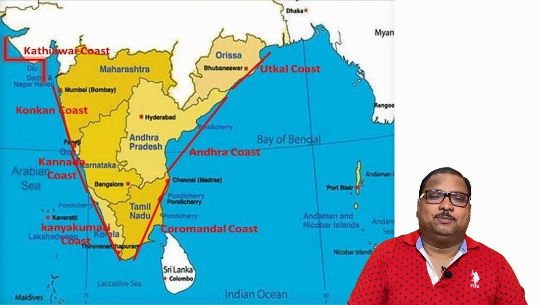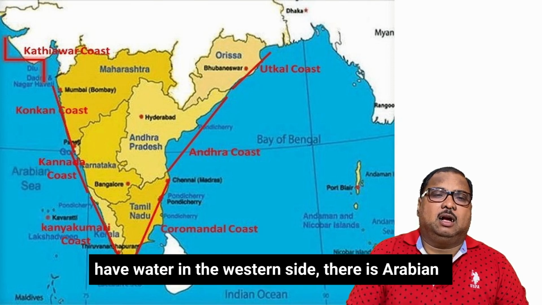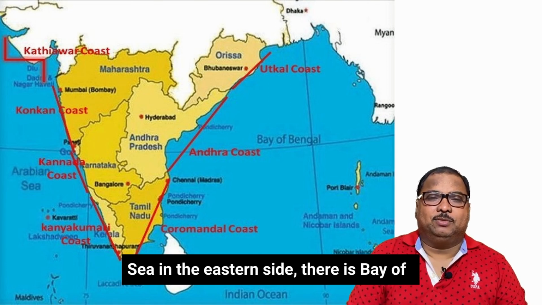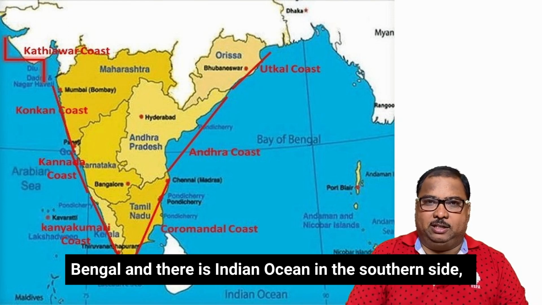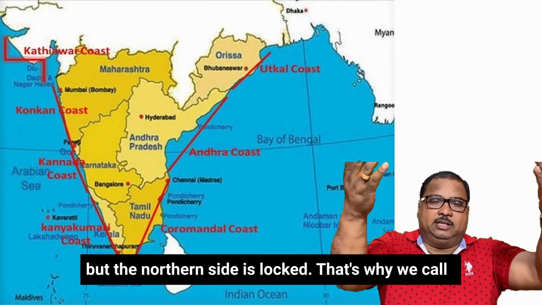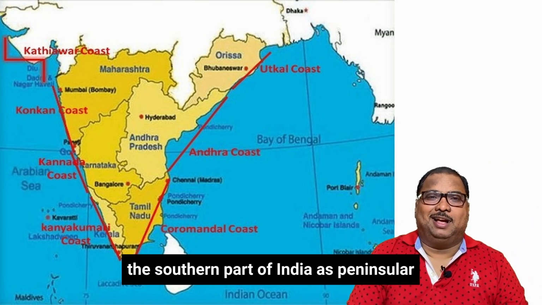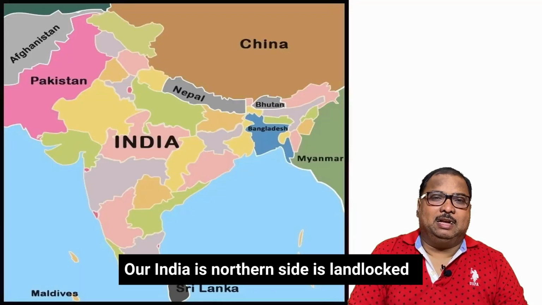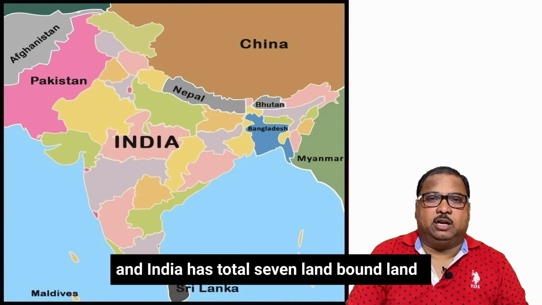You can see that India's three sides have water. In the western side there is Arabian Sea, in the eastern side there is Bay of Bengal, and there is Indian Ocean in the southern side, but the northern side is locked. That's why we call the southern part of India as peninsular India. Our India, its northern side is landlocked, and India has total 7 land